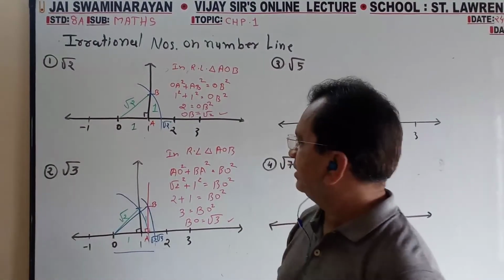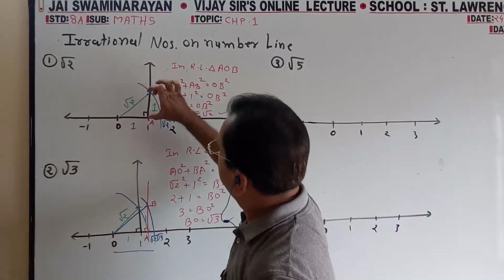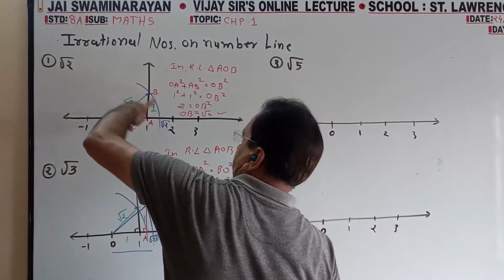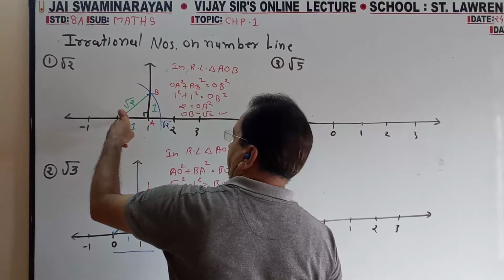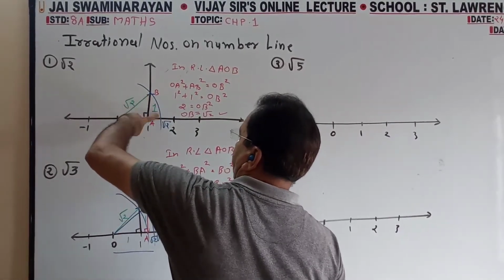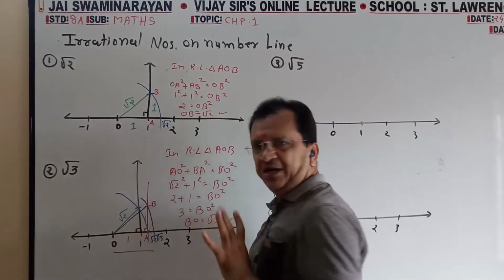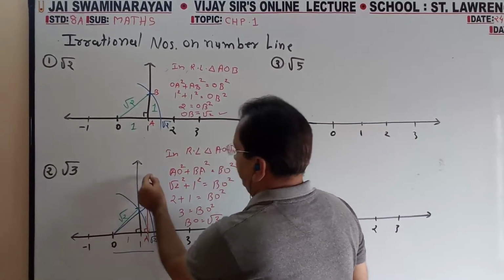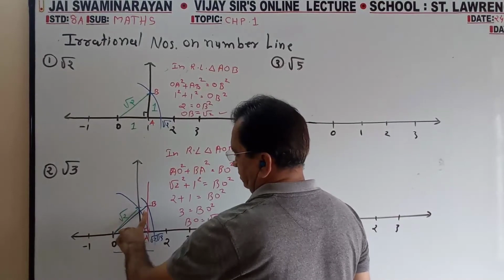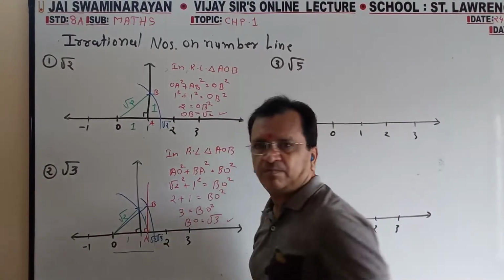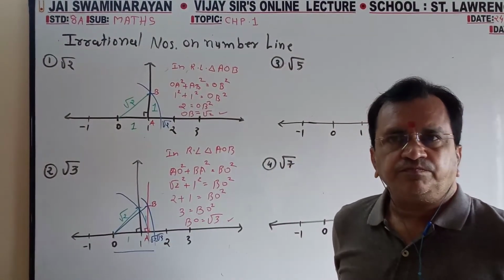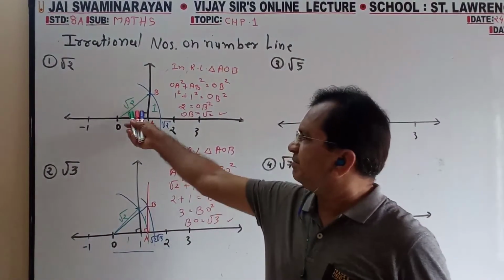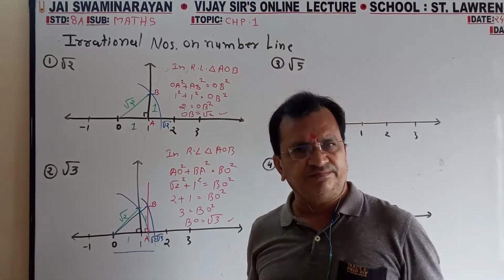Again I am explaining. 3 centimeter perpendicular, 3 centimeter join, and from here cut: pencil or metal point on O, pencil point on B, cut. Repeat up to root 2. Then on root 2 draw a 3 centimeter perpendicular and cut this. Now root 4. Root 4 is very easy compared to the first and second.